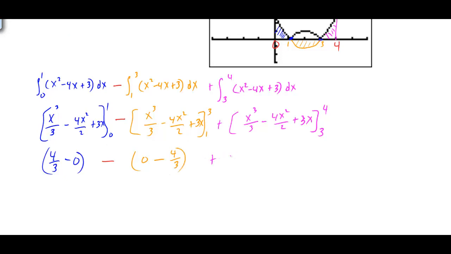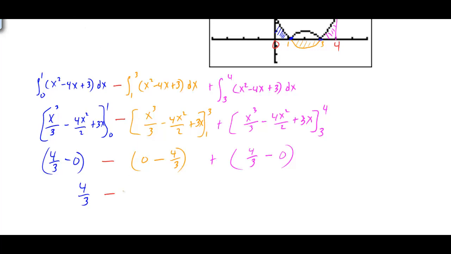And once again, for the last interval, we plug in the upper limit 4, and you're going to find out this will reduce to 4/3 minus the lower limit, which is 3. Well, over here we plugged in a 3 and we ended up with 0. So once again, if you plug a 3 in, this is going to become 0. So we have 4/3